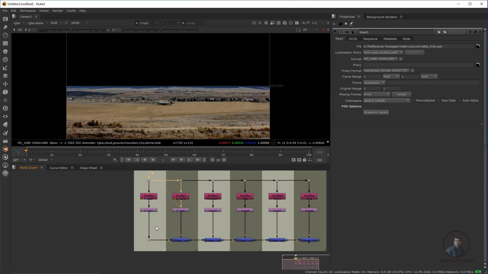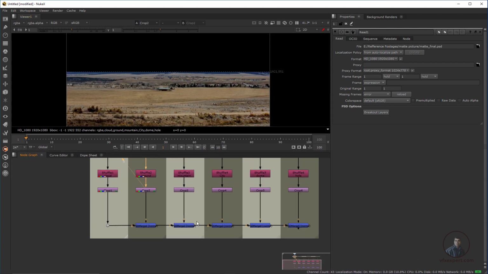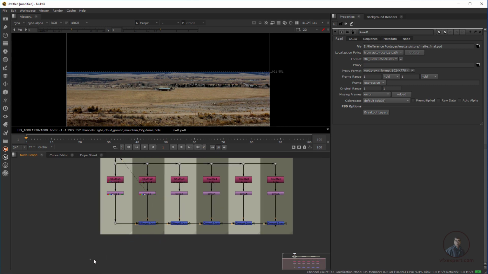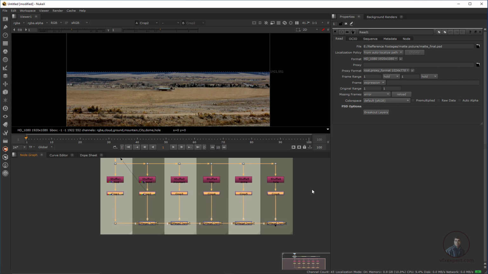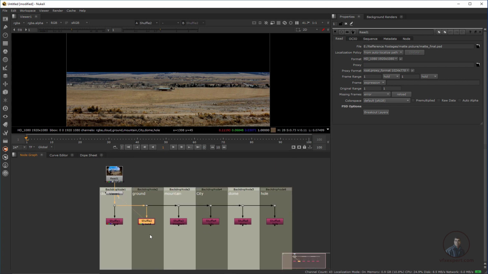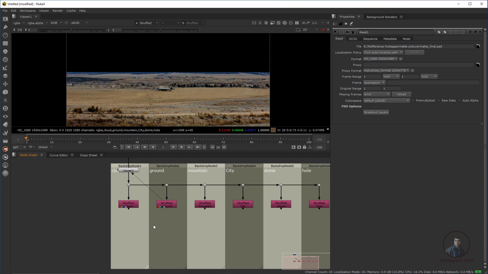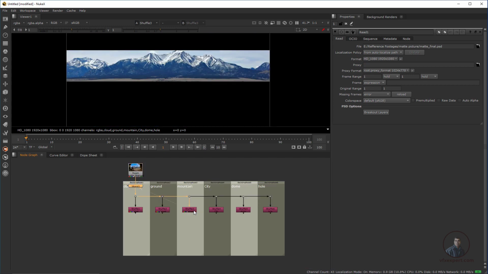Okay, so I think some other nodes are also there, you can see here, maybe crop or these merge nodes also. So there is no need for all these nodes here. Okay, so just select these nodes and simply press delete here. Okay, just check all these images here, maybe this one, maybe this one also, if you check.